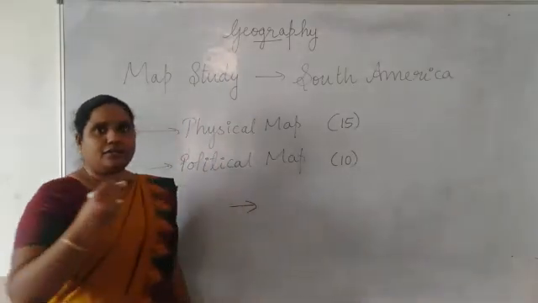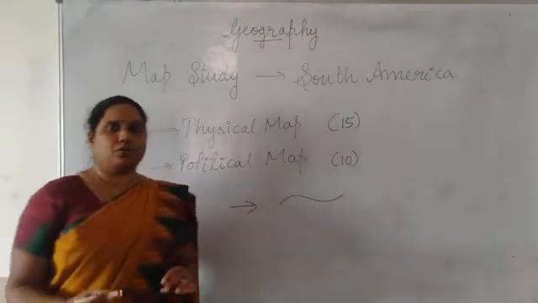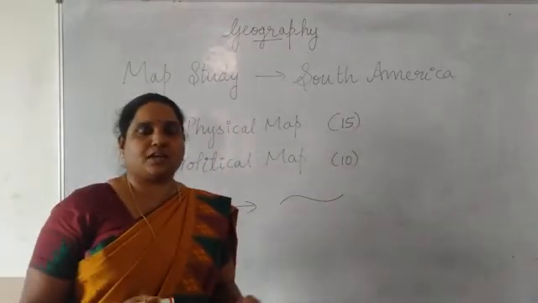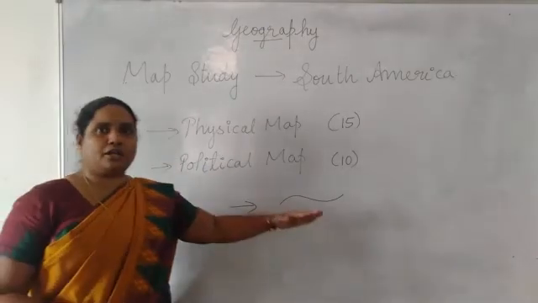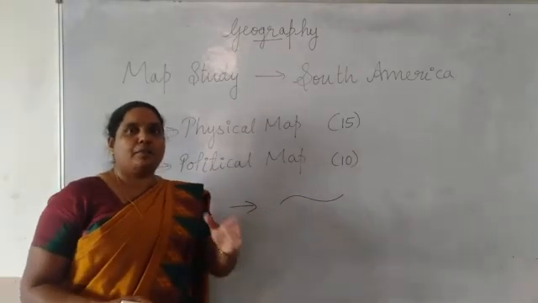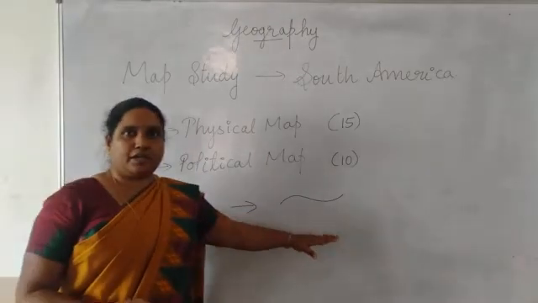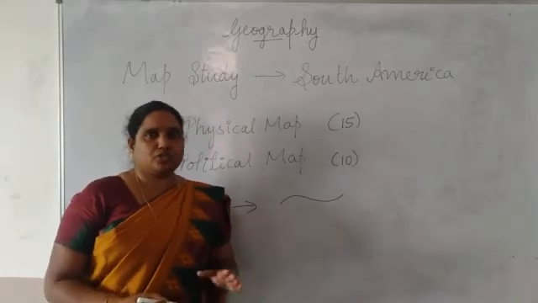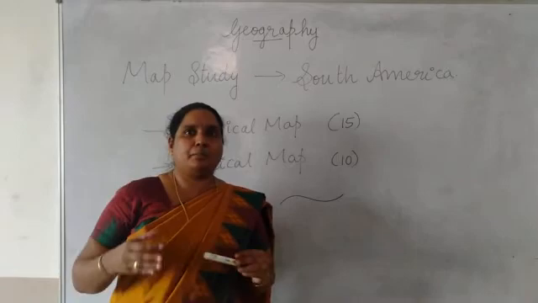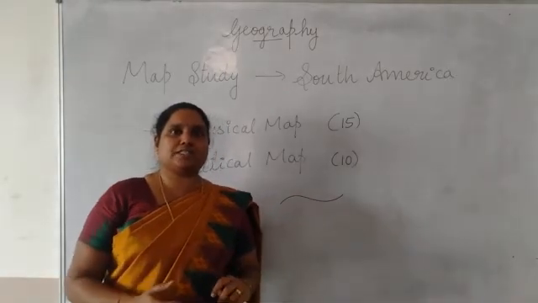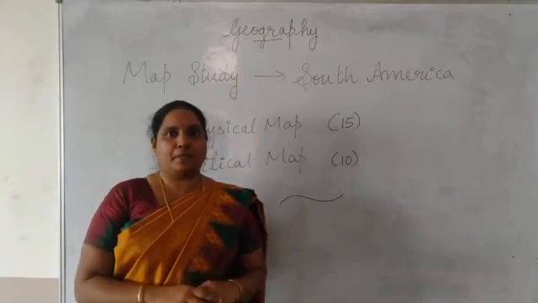When you mark the rivers, you just have to show where each starts and which water body it joins. These two things are very important while marking the map. And when you mark an ocean, sea, etc., mark it in the exact place, not in a vague way. Now we will move to the next part, the map marking. First we will start with the physical map and then do the political map of South America.